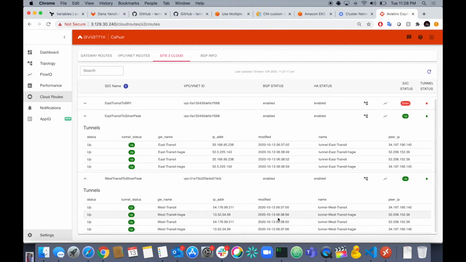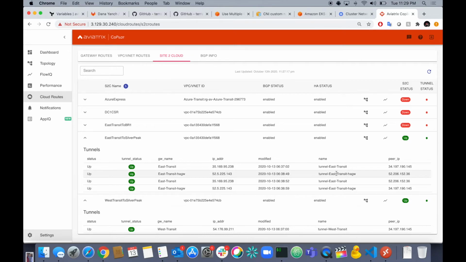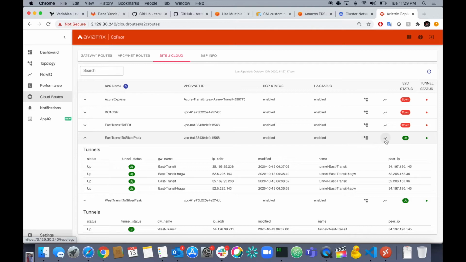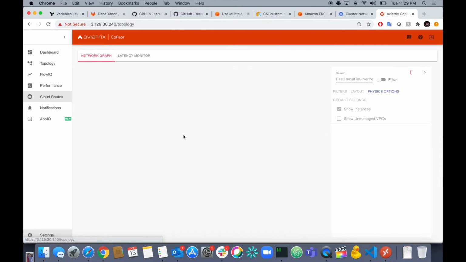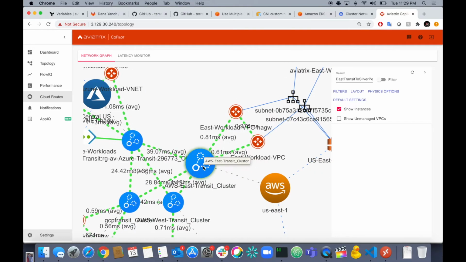You can see the peer IP, the IP address, the gateway name. It's quite cool to be able to see all this in one place and see the status in real time of your VPN tunnels. Now again, you have the same buttons to search in Topology and to quickly filter based off this tunnel information. So if I click search in Topology, you can see that it highlighted this AWS East